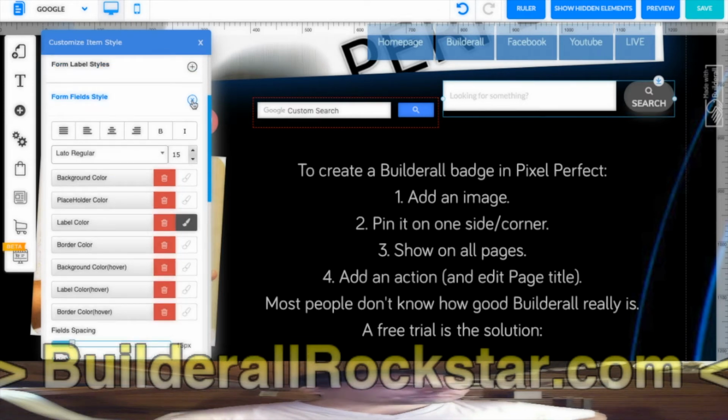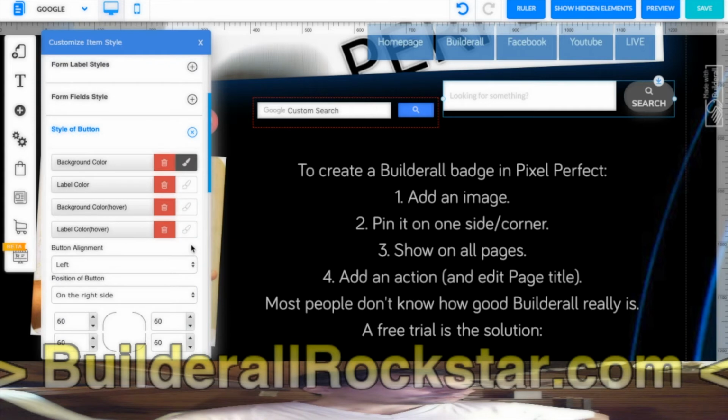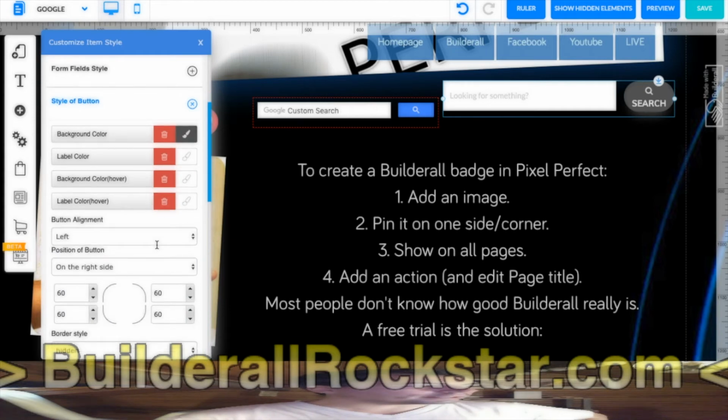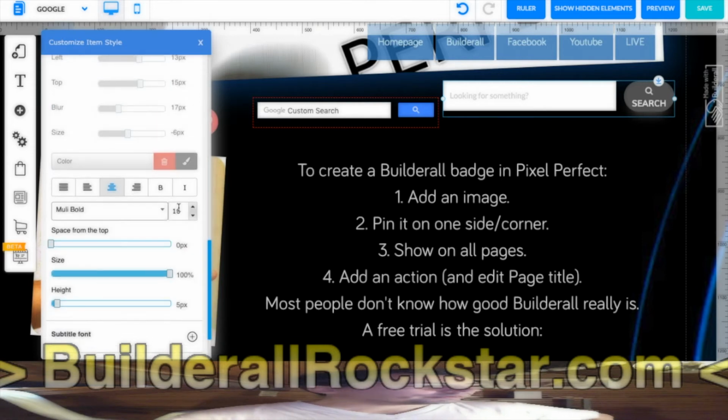Yeah, so to conclude this very quickly, I think the easiest way would be in the style of the button to reduce the size of the text. So if I can find it, it's here. Yes, if I decrease the size, at some point, it should go on the left. Yes, it's here.